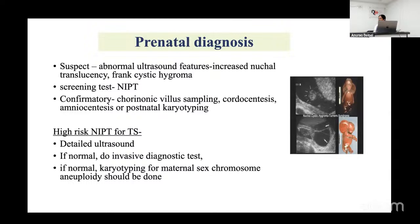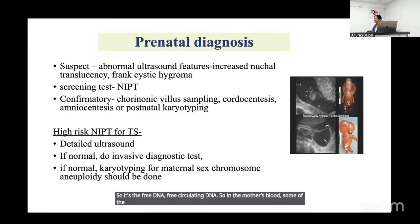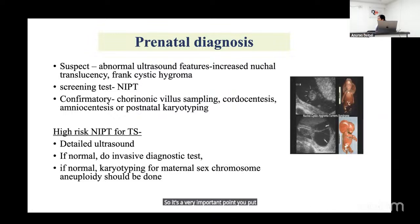NIPT is non-invasive. What is done there? It's the free circulating DNA. In the mother's blood, some of the fetal DNA is circulating, and that is being studied. It's a very important point you put: we get people referred with NIPT Turner